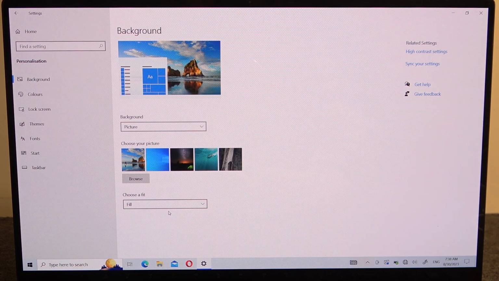And the last option is to choose the fit, so you can fill the entire screen with that image, fit it to the screen so it will display in the best resolution, stretch it, tile it, center it or span it. And that's it for this